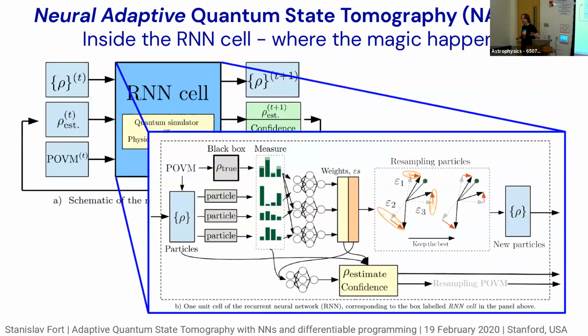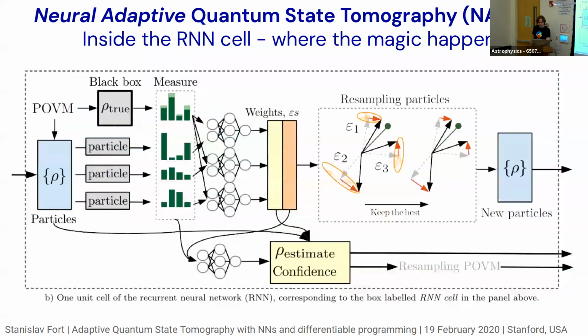Now, the actual magic happens within this box. Okay, so the actual box is the active component of the algorithm. And I zoomed into the thing right here. And what I will do now is I'll go through the details of the inside of the RNN cell, and then discuss what each individual component does and why it's important. So again, just remember we are within this black box, and it gets inputs, which is the particle bank from the previous step, the previous estimate, and the previous measurement. And we want to see how it actually produces the next estimates of all these things as it goes.